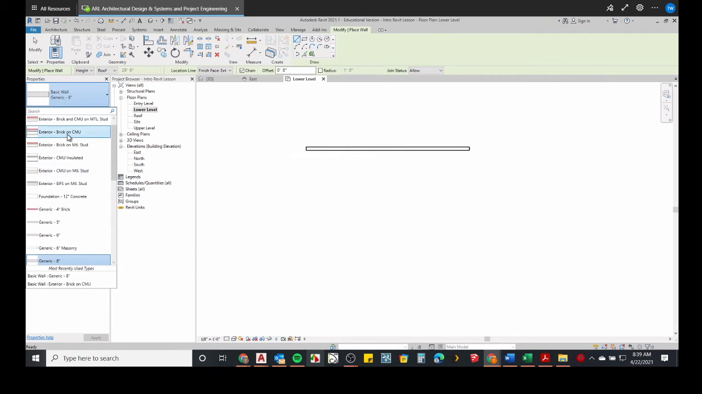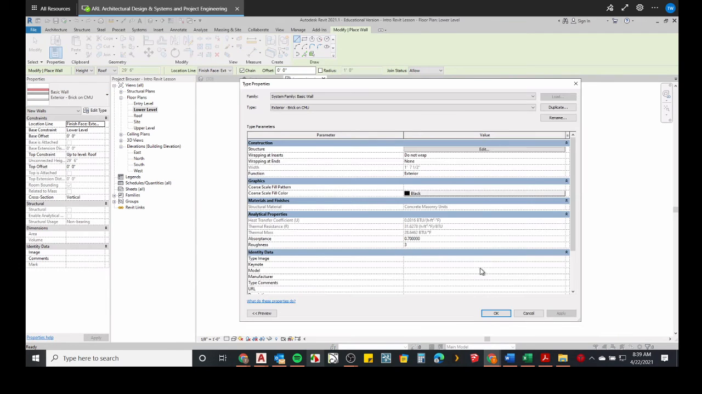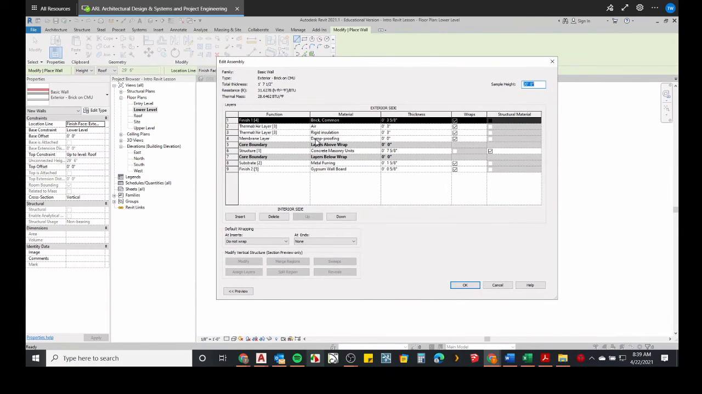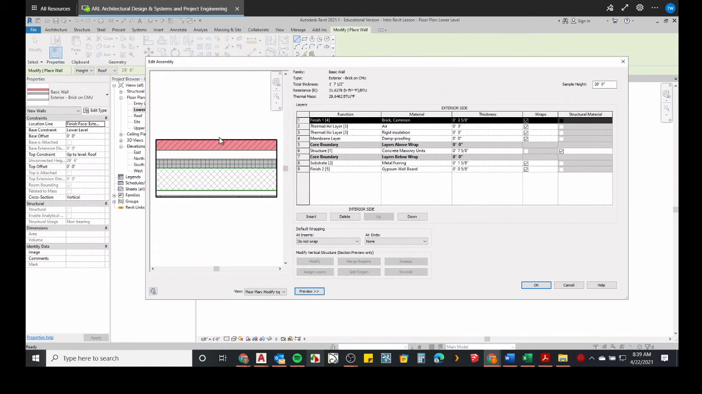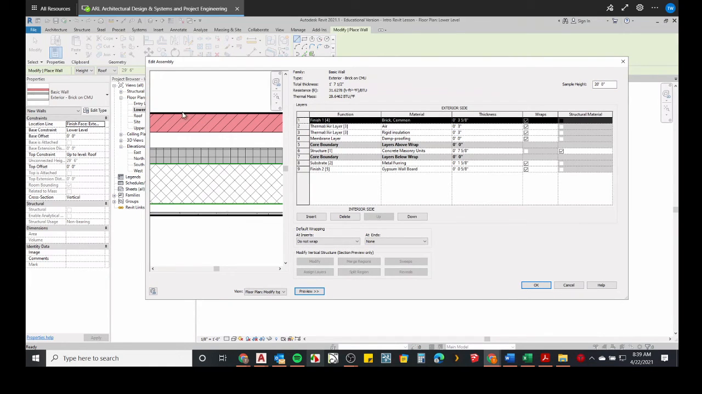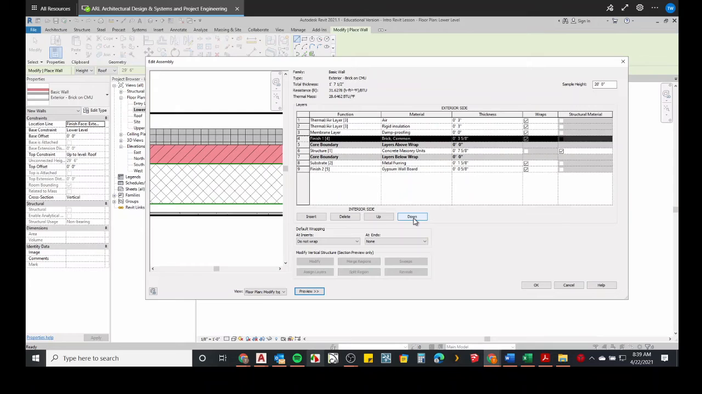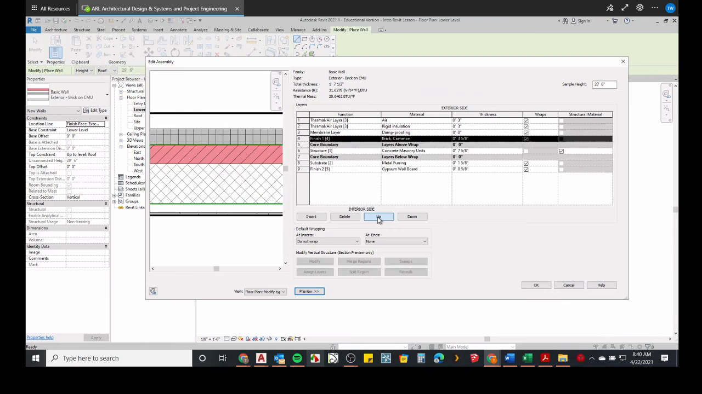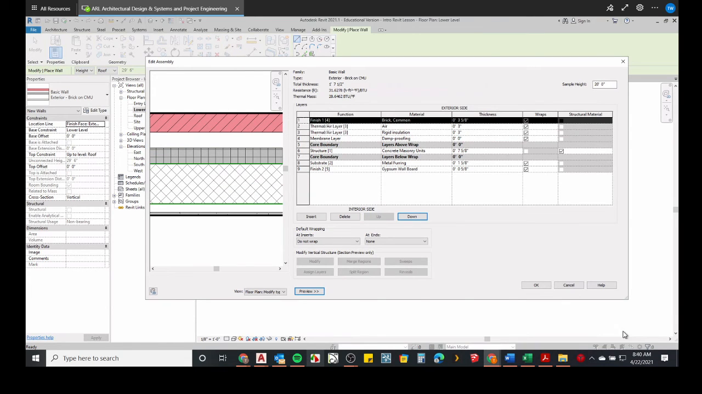Let me grab one of these brick on CMU and hit edit type and just show you essentially what we were doing. We were basically compiling a very intense structure, right? If I hit preview, you'll see this is what I've generated. This outside layer was this brick. I'm going to take this brick layer so that you guys can see how powerful Revit is, and move that down. You'll see that I'm just shifting the location of the brick, which makes no sense because the brick is going to go to the outside, but I'm just showing you that you can do that. So I'm going to push that all the way to the outside,